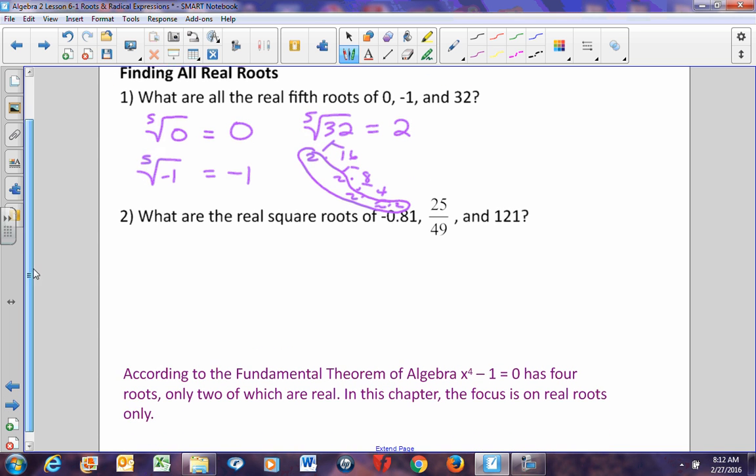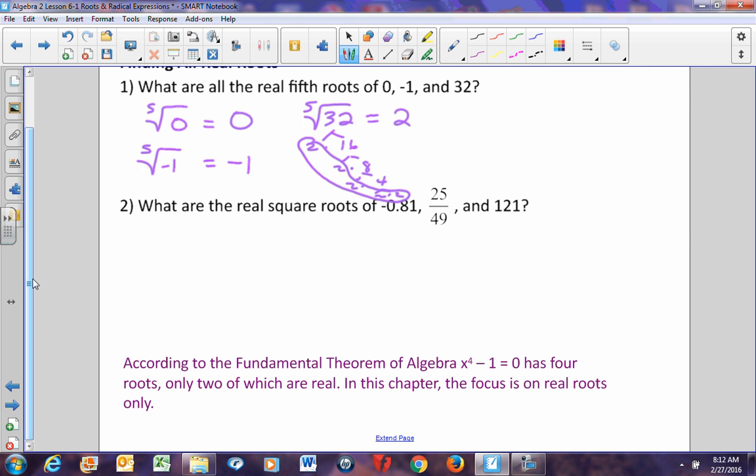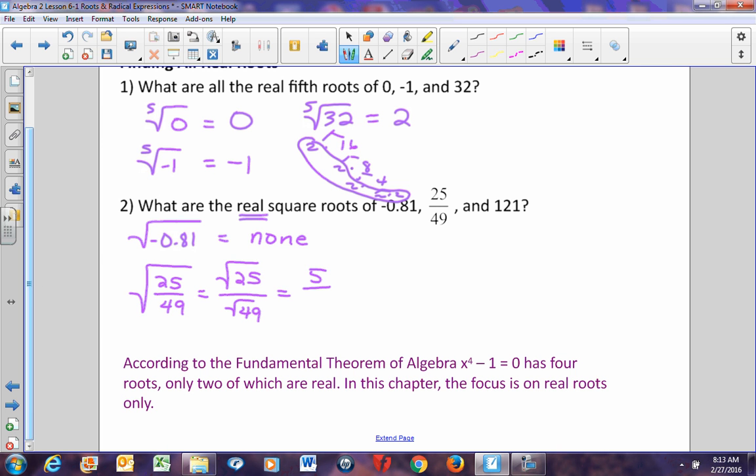What are the real square roots of negative 0.81, 25 49ths, and 121? Square roots now. So we're looking at the square root of negative 0.81. Well, there are no real square roots of a negative number. It's an imaginary number, so there's none here. We're looking at the square root of 25 49ths. Remember, we can rewrite this as the square root of 25 over the square root of 49. Square root of 25 is 5. Square root of 49 is 7. However, it didn't ask for just the principal square roots. So we have 5 sevenths and we have negative 5 sevenths